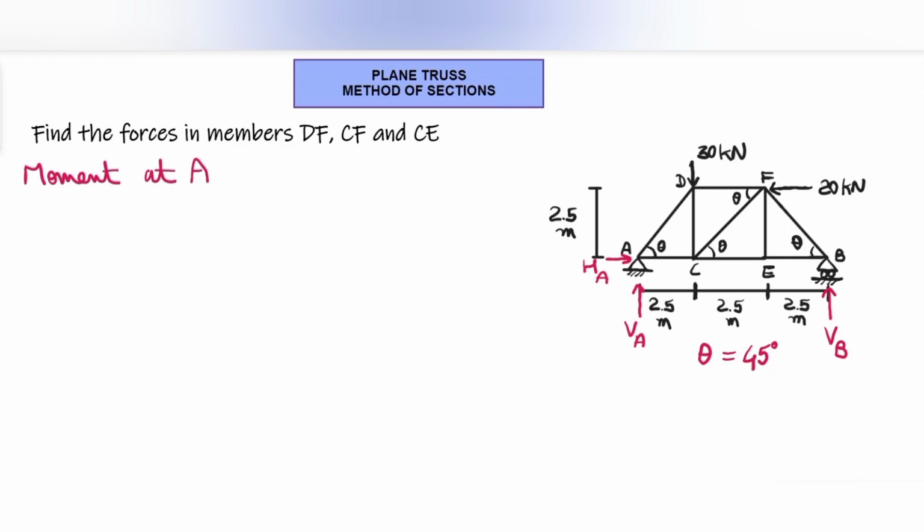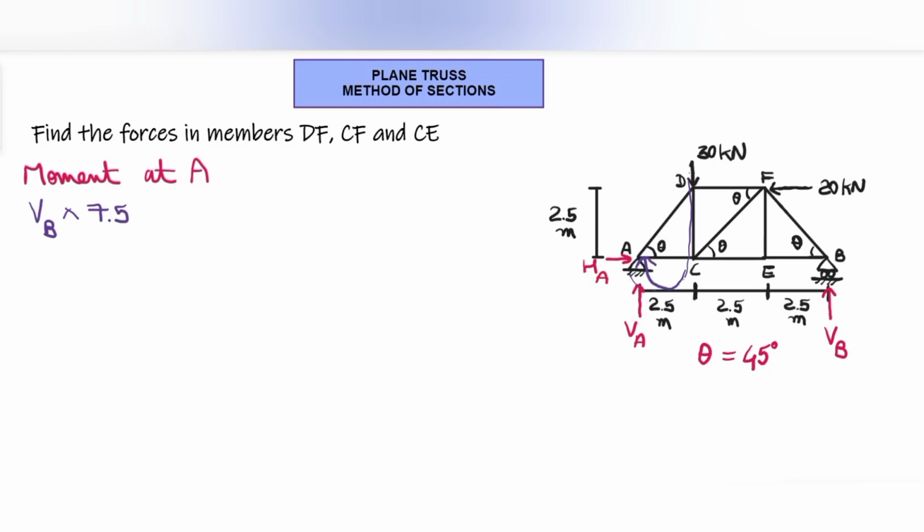Firstly, we'll take moment at A. Taking moment at A, that is anti-clockwise moments is equal to clockwise moments. Now VB is anti-clockwise moment. This is the perpendicular distance, 2.5 plus 2.5 plus 2.5, which is VB into 7.5. Then